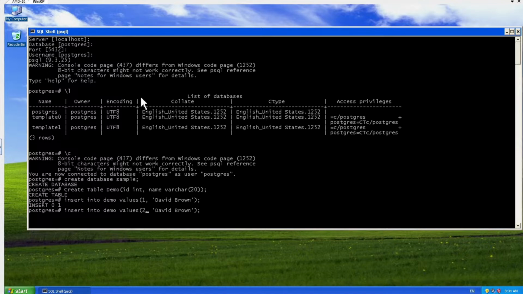Now as a second entry, I will give the ID as number 2, and then Brett Jackson. Sorry, Brett Jackson is the name. See, it got a second entry as well. So select star from